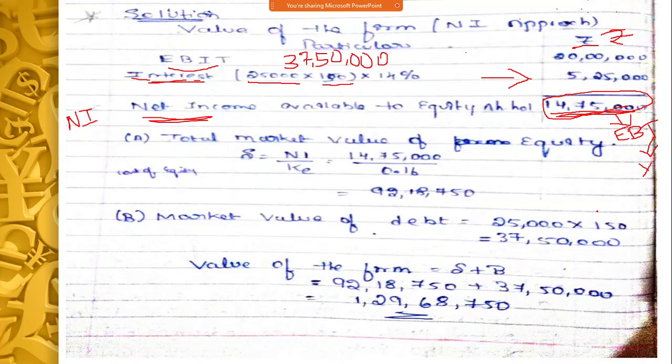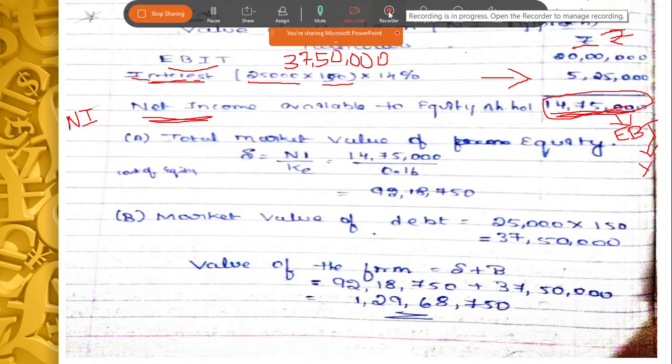But then, before that, we'll have to find out what is the market value. Now, if we do not know what is the market value of the equity shares, how are we going to find out how much each equity shareholder is going to get? So, now this market value of the equity, if we try to remember the notation, it has been mentioned as